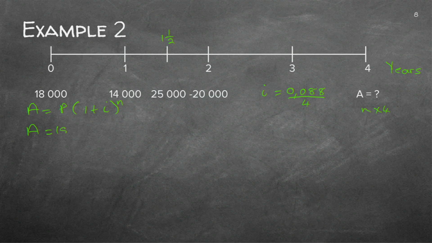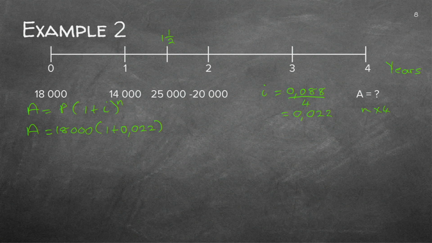I'm going to start with the first 18,000. 1 plus my i. Now, can you see this i is very easy to do? It's 0.022. Because it's very easy to just divide the 4 into the 8.8. Then I don't have to work with the fraction all the time. So now I can just use the 0.022. Make sure you know why. Because I've divided the 8.8% by 4 because it's quarters. So I can just do that, 0.022. And now if you slot that into your calculator later on, you can just slot in 1.022 because you can add that easily in your head.